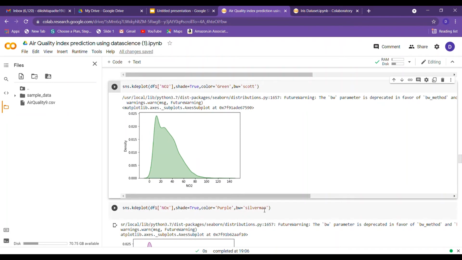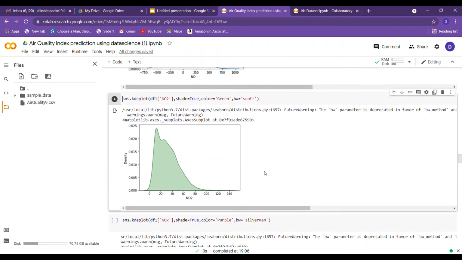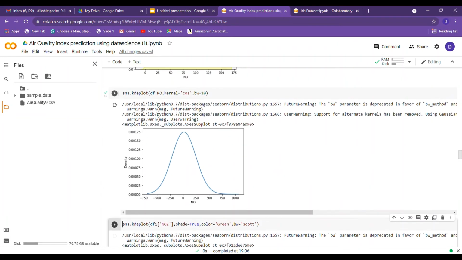Silverman is the most advisable bandwidth method. Now, the reason why bandwidth changes your plot drastically is the variance. Once you decrease your bandwidth, like here where we decreased the bandwidth to 0.1, the plot was very peaky, a pointed plot. The reason for that is variance. As you decrease the bandwidth, your variance increases, and that's the reason why you get peaky plots.